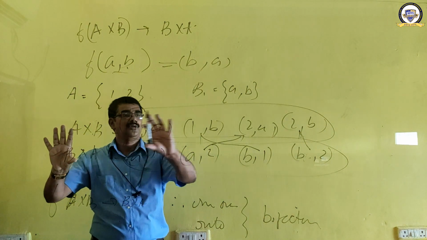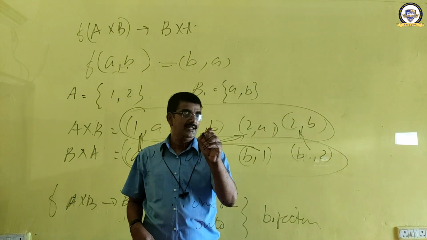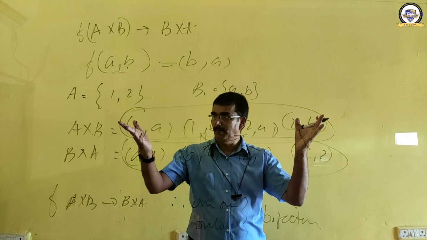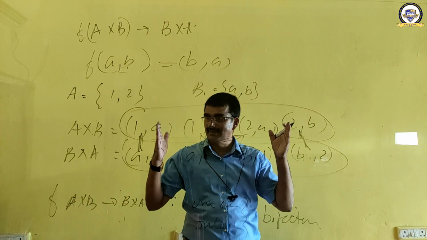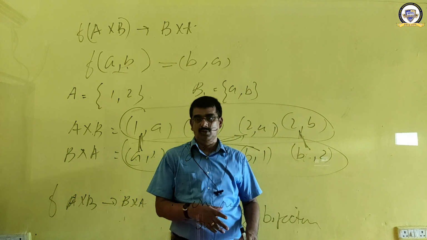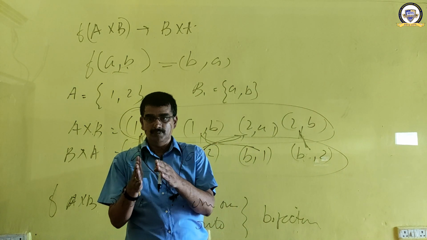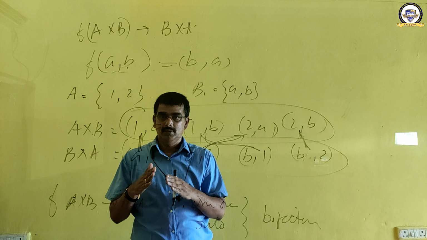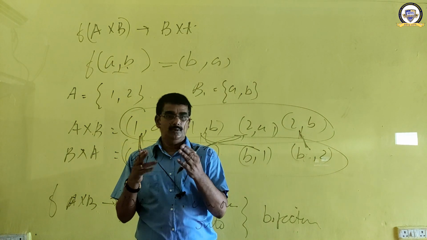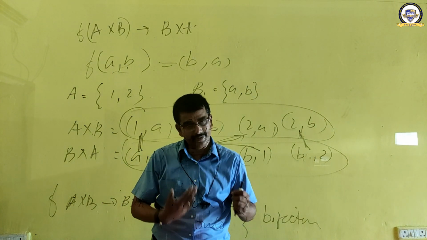Very simple. Just A cross B, B cross A and match them. These are matching, these and these are matching. So there isn't any extra pre-image or any extra image. So we can say that it is 1-1 and onto. There isn't any codomain element shared by the domain like many-one. That is why it is bijective. We will go ahead to the next question.